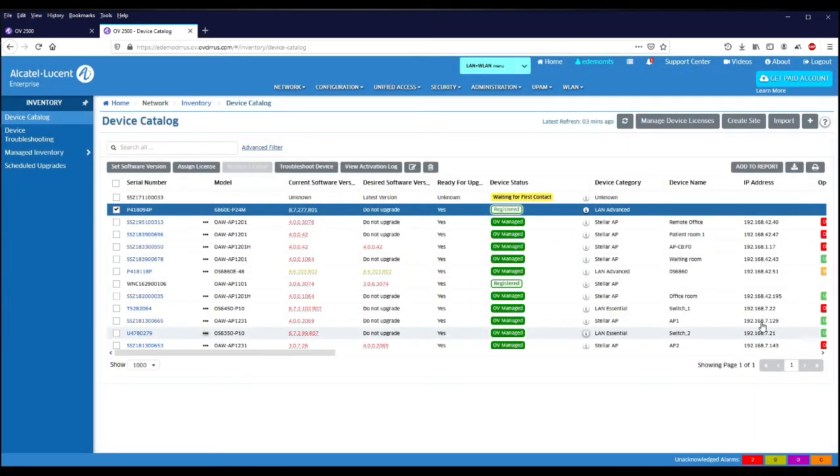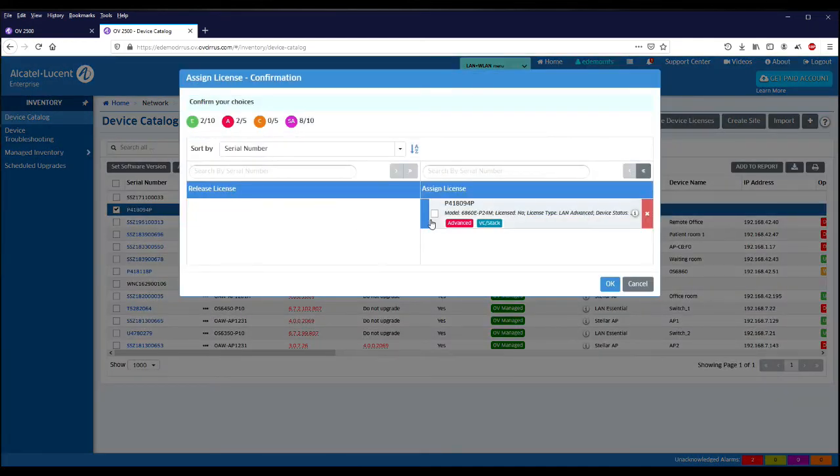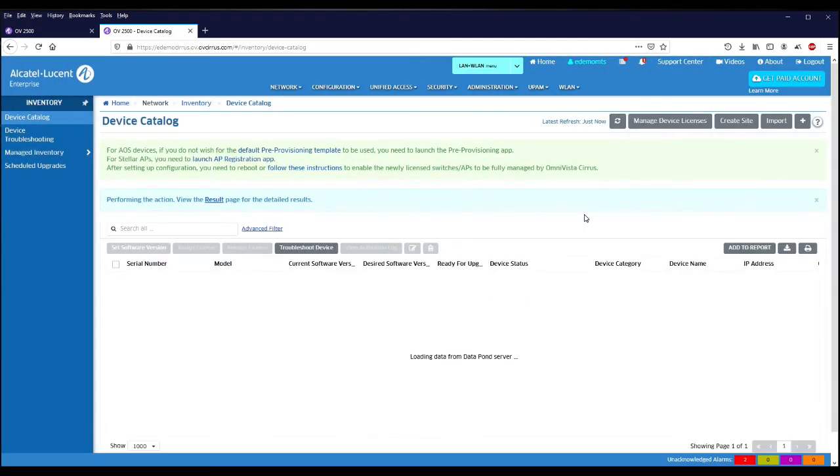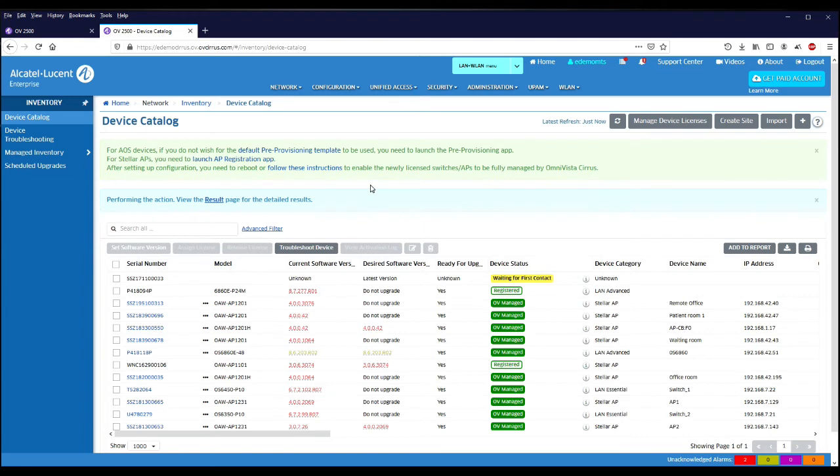We need to assign a license to our switch. Cirrus automatically selects the correct license type if available and tells us how long until the next contact is made by the switch. Once assigned, we are reminded that we can use the default pre-provisioning template to download a management